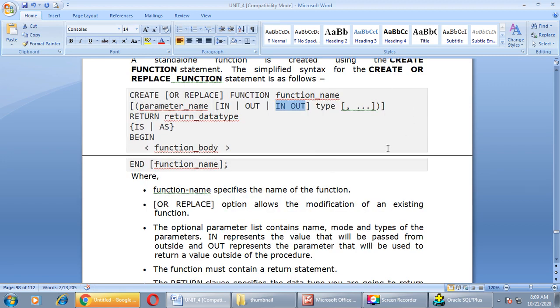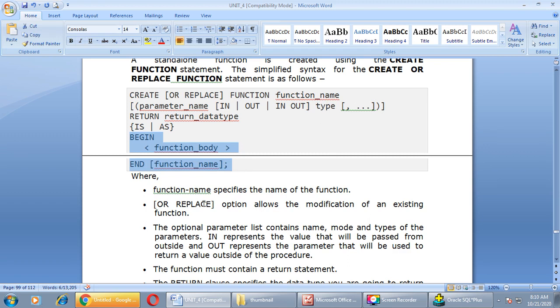Then you can specify the type. Then we have to specify the return data type of whatever variable we want to return. Then you can use either the is keyword or the as keyword. Then the execution block will begin with the begin keyword, and then the end of the section.